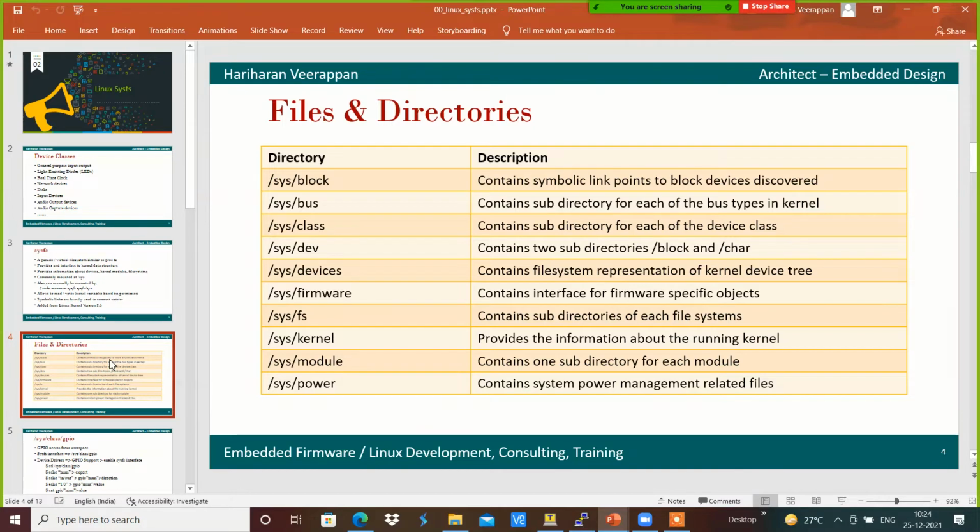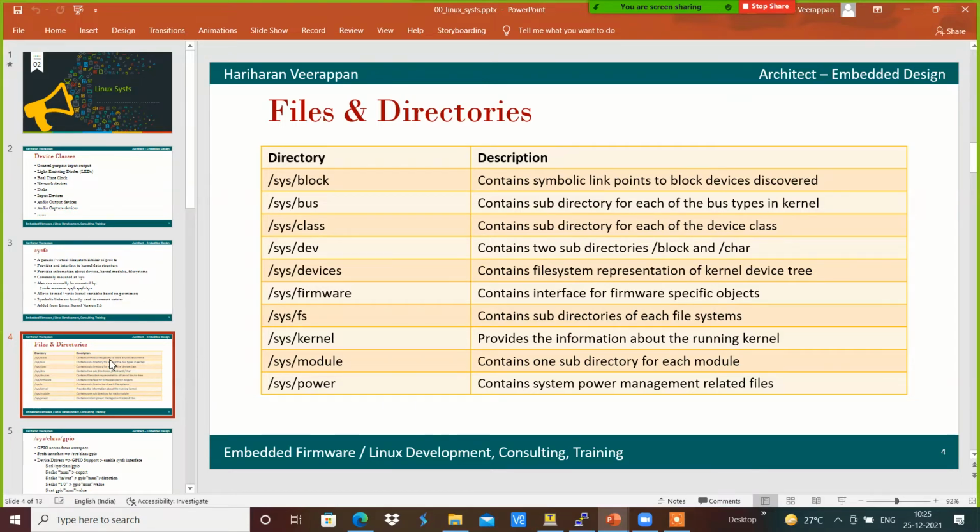We have sys fs, which contains the file system related subdirectories. And sys kernel provides complete information about the Linux kernel running on the system. And sys module contains the subdirectory of each and every module that was loaded into the system.